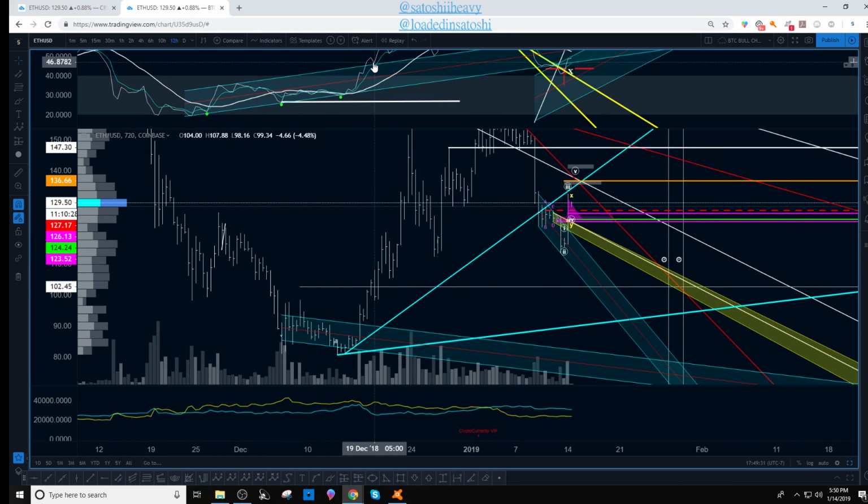See right here, RSI broke out of it, but price didn't yet. Most of the time RSI will lead price, so you could have risked your biscuit. That would have been a good risk because you held this head of divergence here, this divergence here. You proved that this divergence was true,